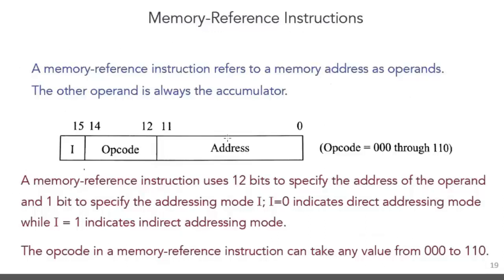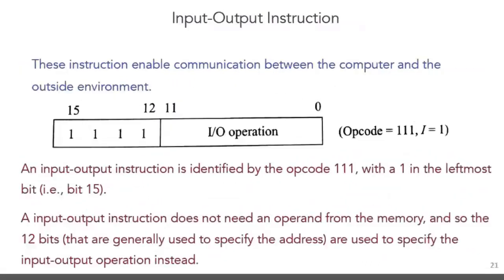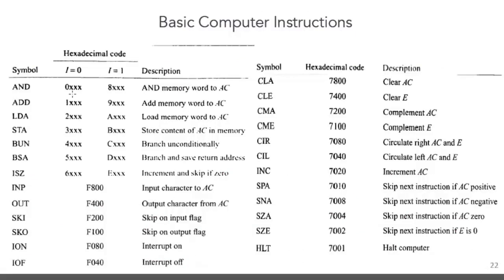Memory reference instruction can use, or you can say always use 12 bits for the address. That's why here in this instruction 3 bits are reserved for the address. Why? Because each bit here, that means each X is representing in actual 4 bits. In total, these 3 bits are representing the 12 bits. Okay, but input output instruction uses all 16 bits. It uses all the 16 bits to represent the instruction. Okay, that's why F800 is written here.